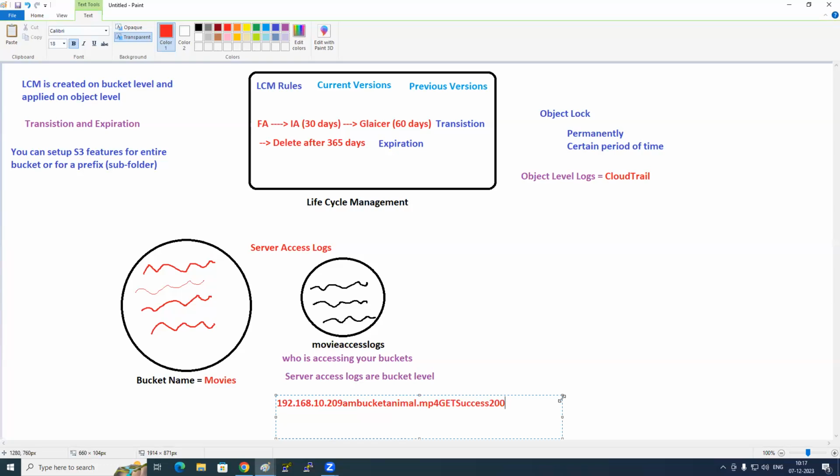It's clumsy. Assume that you will be having thousands of lines of logs like this. Is it possible for you to analyze these logs by watching or seeing them? No. If you want to analyze the logs, it's very hard. Manually, we cannot analyze. So there is a service from AWS which is called